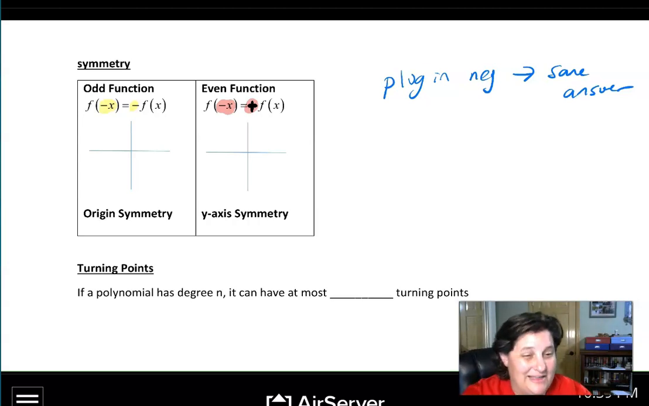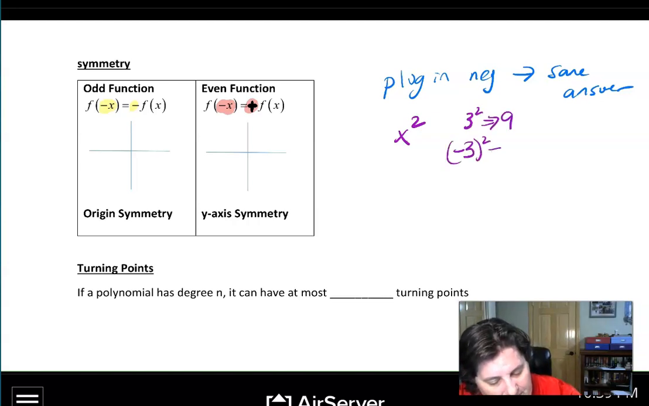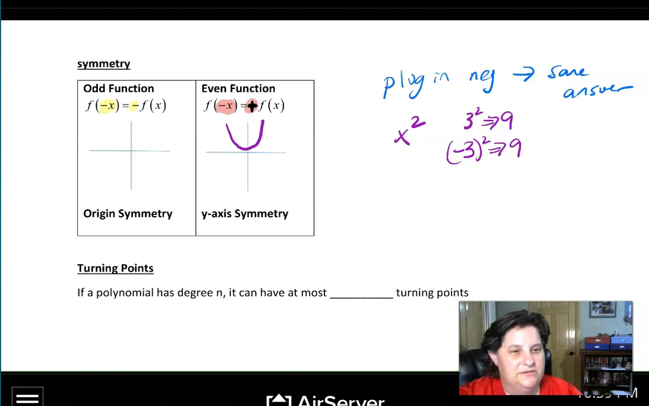Okay, I can think of 2. I can think of like x squared. Because what happens if I plug in a negative to that? Like if I plug in 3, I get 9. But if I plug in negative 3, I also get 9. So x squared, or even an x squared, something like that. Okay, anything else you guys can think of that has